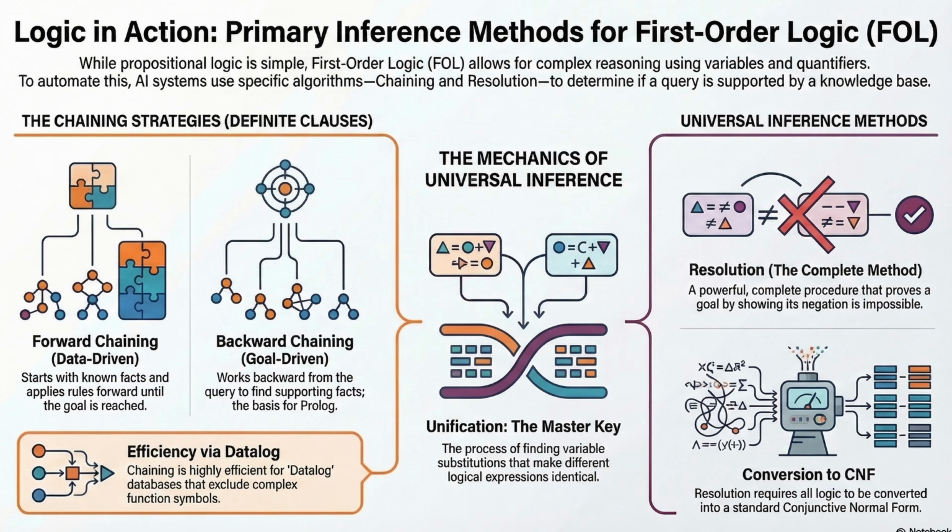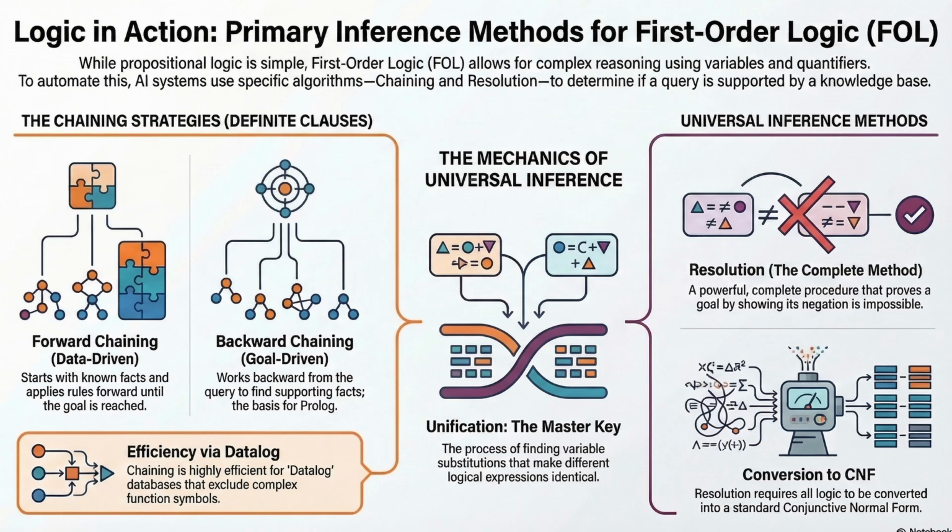So let's look at Colonel West again. Goal: is West a criminal? The system starts with the absolute goal. Is West a criminal? It looks for a rule that concludes criminal. It finds: criminal if American and sells weapon and hostile. So it breaks the big goal into sub-goals. Yes. Now it has a to-do list. 1. Prove West is American. 2. Prove West sold a weapon. 3. Prove the buyer is hostile.